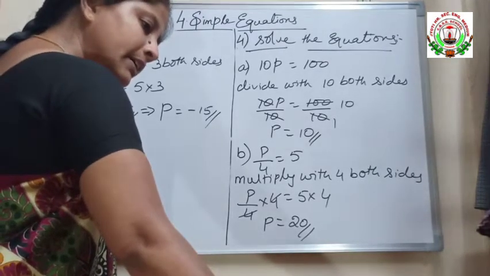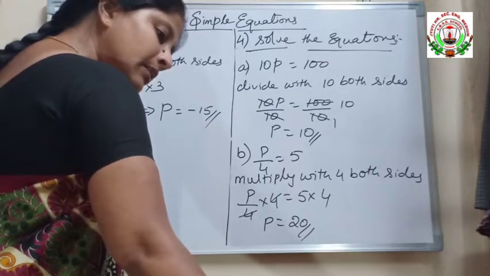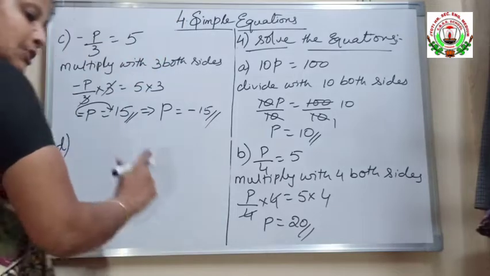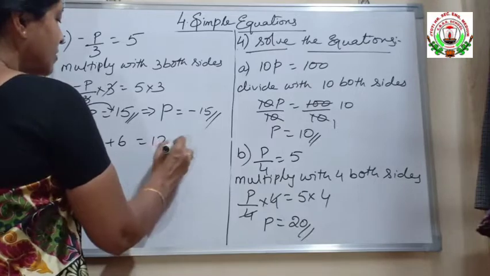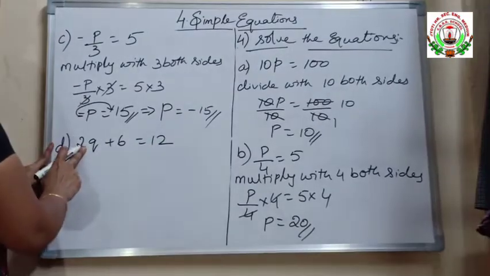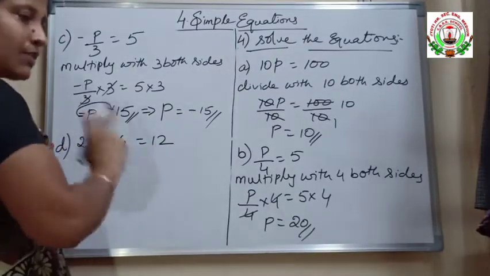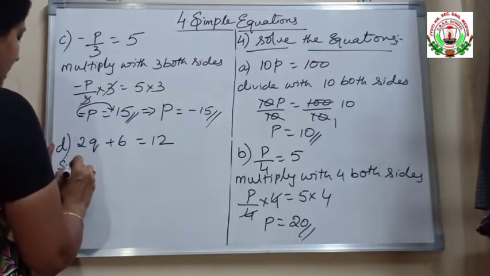They have given here 2q plus 6 is equal to 12. Here multiplication is given as well as addition is given. First we are going to solve the addition. So subtract